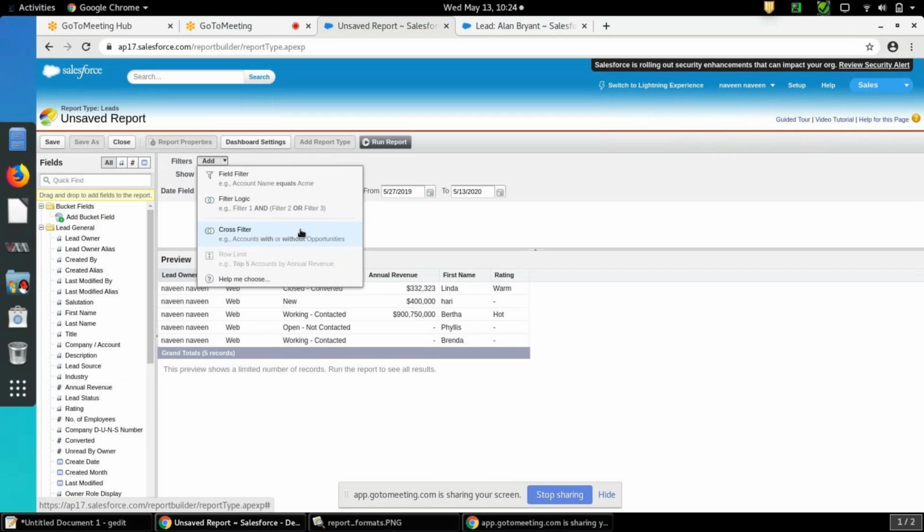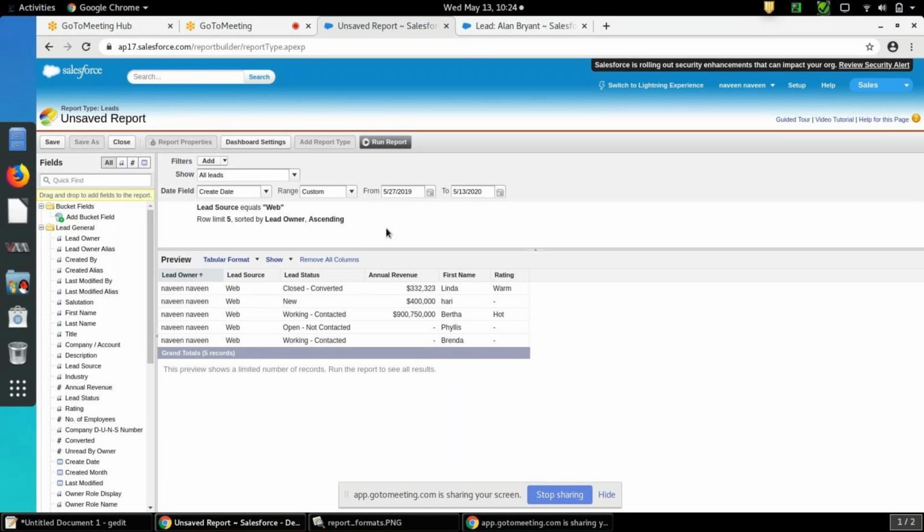I have explained both. Cross filter means if you want to select both the related records, you can go for cross filter. In this example, I have taken only leads as a report type. So I have now shown row limit, field filter and how we can generate a tabular report.